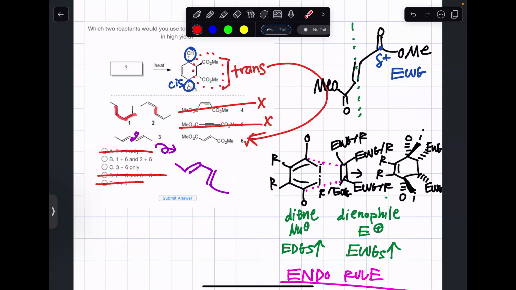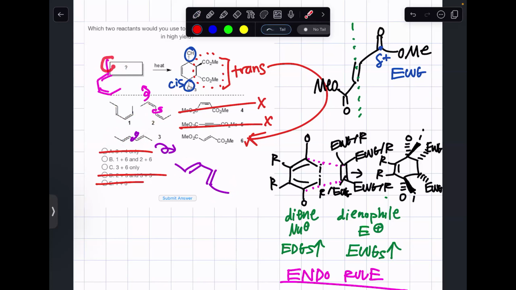But let's rotate this now. If we rotate this single bond right here, we're going to get that. Does that make sense on how I redrew this into this right here? Okay, so